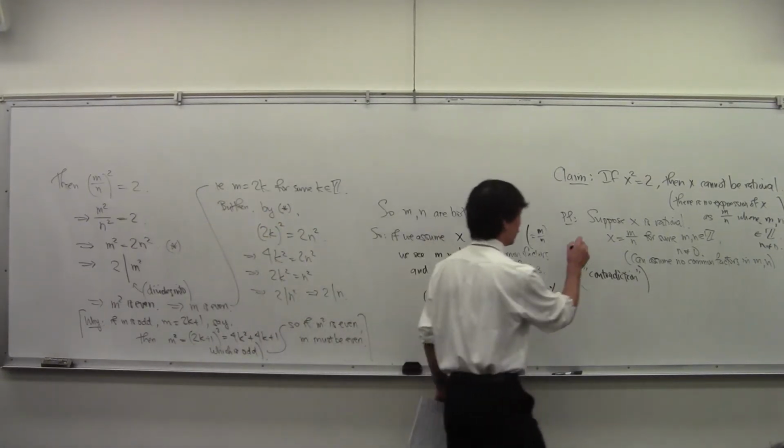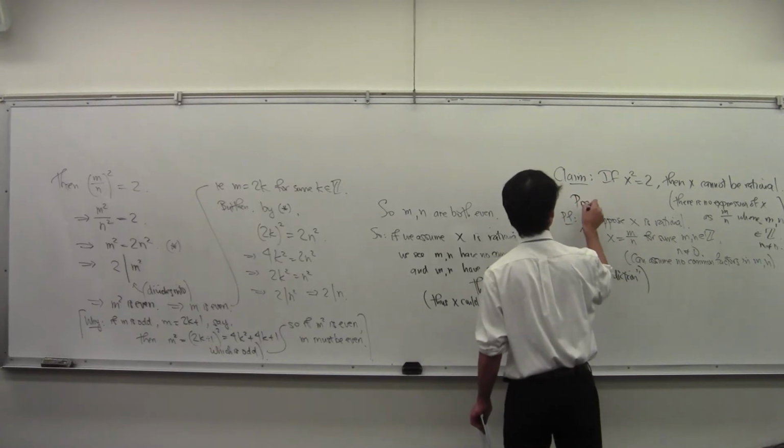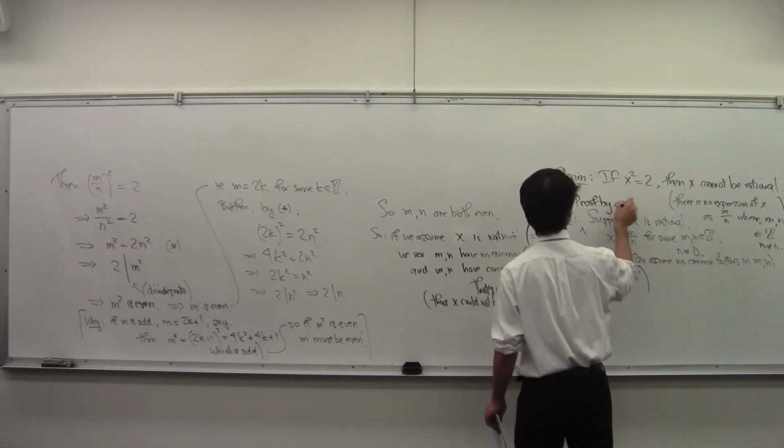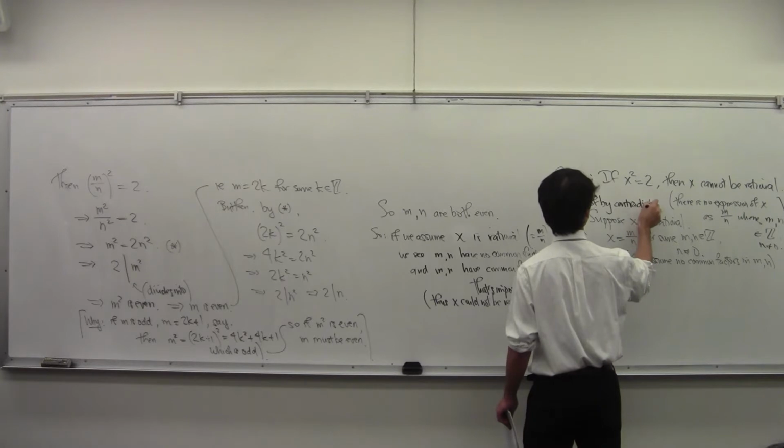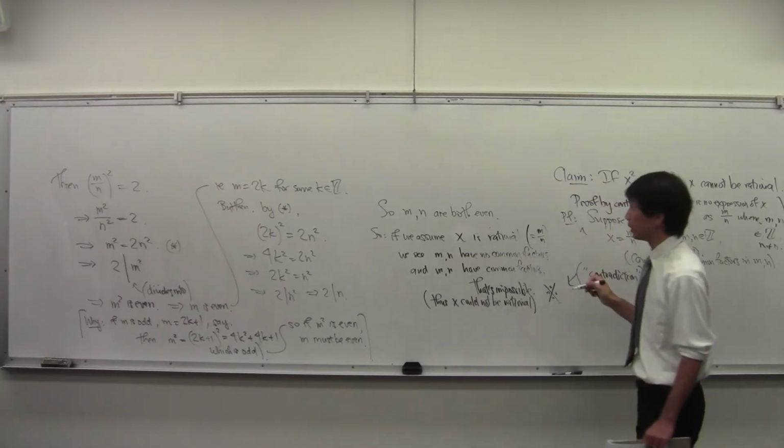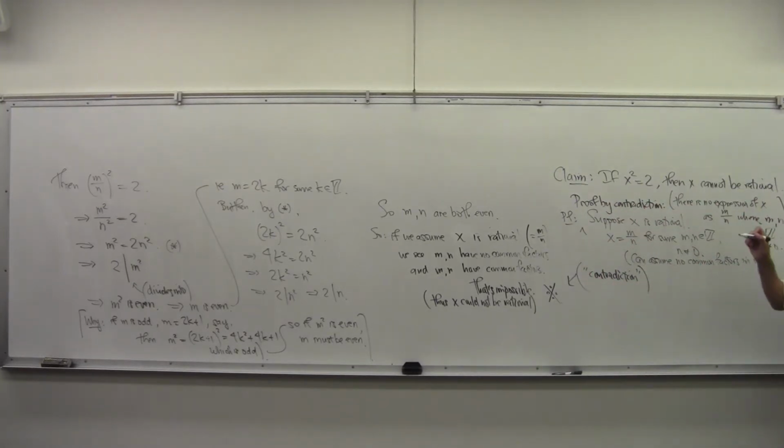Okay, so this is an example of something called proof by contradiction. Proof by contradiction, in case you haven't seen it before. You're trying to show,